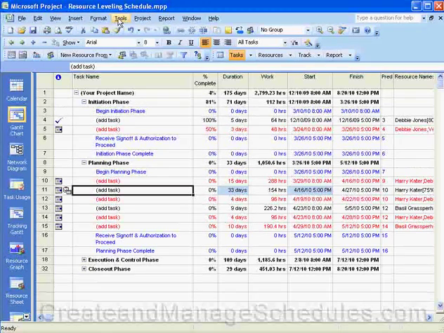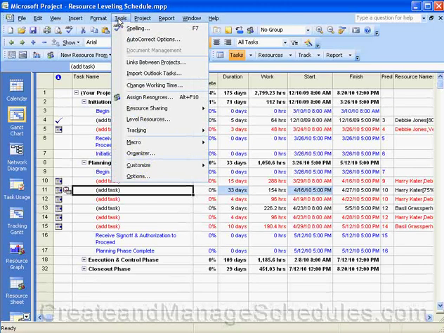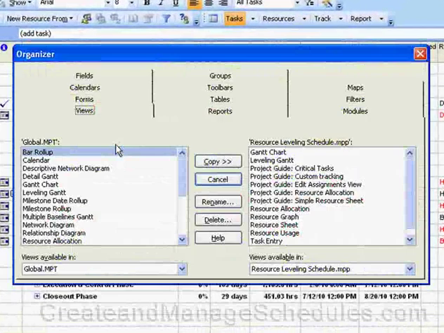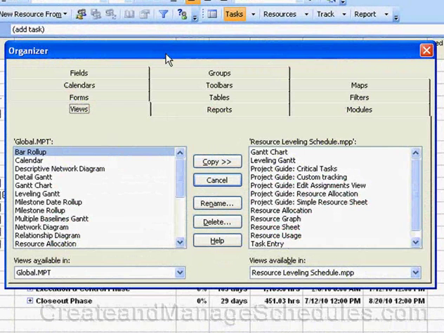So if we go to the menu item Tools and select Organizer, the Organizer dialog box pops up, and you can see here there are different tabs over here. We're going to click on the Calendar tab,